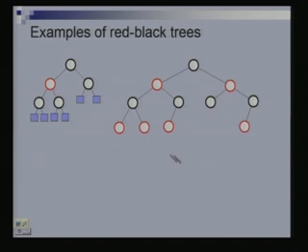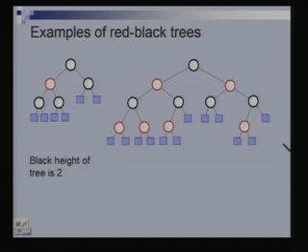Let us look at this example and that will be clearer. Once again the root is black. A red node has only black children, that is the key. A red node can have only black children, a black node can have red children or black children. Now, we are going to add the external nodes. As you can see, this node has only one child, so we will need to add an external node here also. Similarly, we will need to add 2 external nodes here and one external node here, and of course, these will take 2 external nodes and so on. So, these are the external nodes we will end up adding.